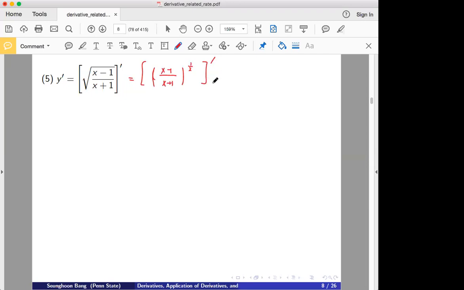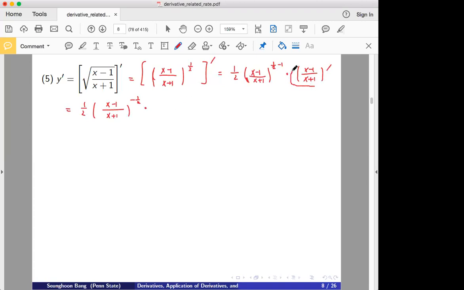This is the same as, the 1/2 comes down by the power rule, ((x minus 1) over (x plus 1)) to the 1/2 minus 1, times the inner function ((x minus 1) over (x plus 1)) prime. This is the same as 1 over 2, ((x minus 1) over (x plus 1)) to the negative 1/2, times